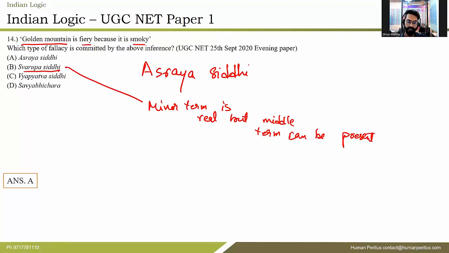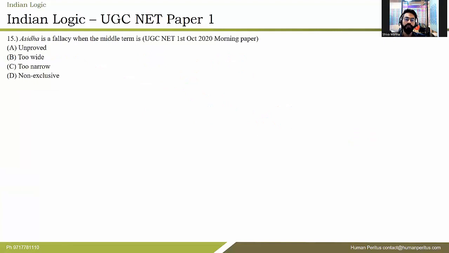We have already discussed this, right? Okay, moving on to the next question. The answer here is Asraya Siddhi. Now, Asiddha is a fallacy when the middle term is what? This is very easy, unproven. Asiddha is called as fallacy of